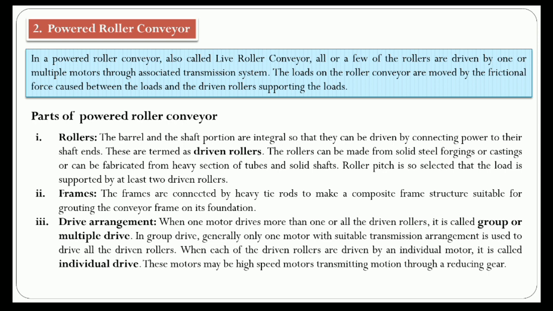Another type of roller conveyor is also available, that is the portable roller conveyor, which is very short, up to around 7 meters in section, mounted on legs and at times with wheels. This may be shifted from one place to another and can be adjusted in height and inclination for loading and unloading of trucks.